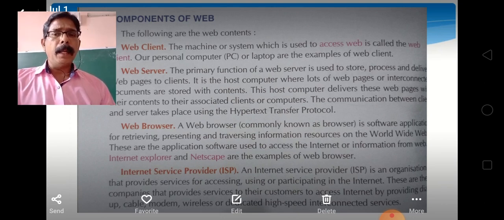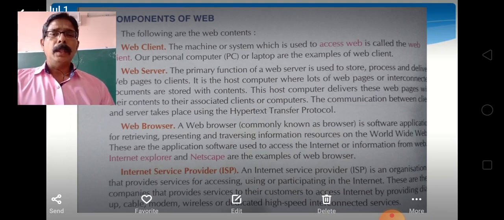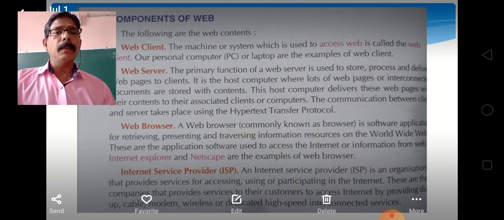What is the main job of a web server? It is to display the website content for the user.